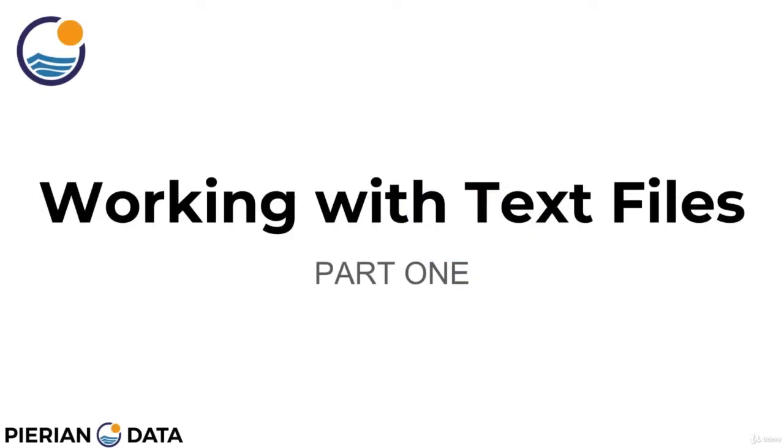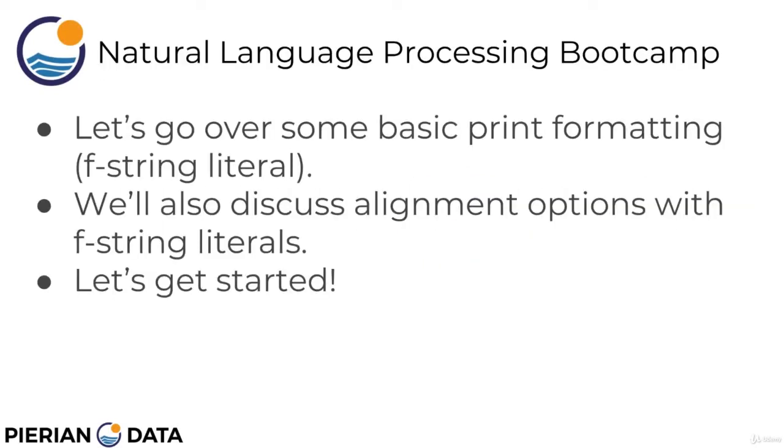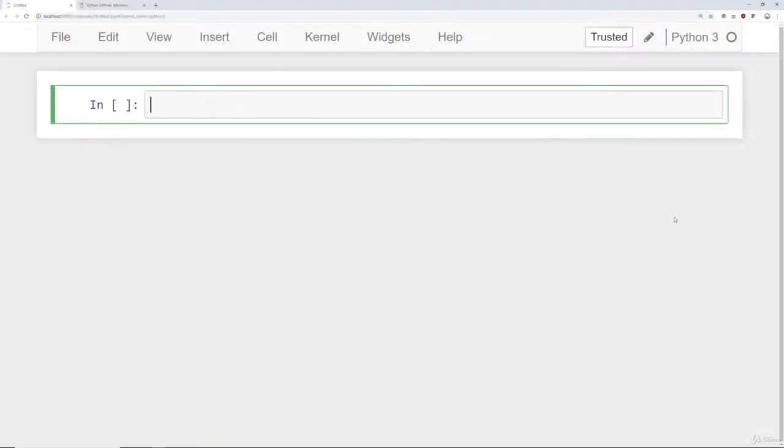Welcome back. In this lecture, for part 1 of working with text files, we're going to focus on some basic print formatting, specifically with the f-string literal. We'll also discuss alignment options with f-string literals. Let's get started. I'm going to begin by showing you how, before Python 3.6, you had to perform print